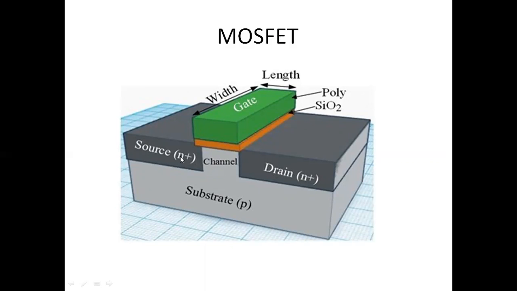So here we are considering N type of MOSFET, that is, the channel will be N type in this, and the whole thing is situated on a P type substrate. As you see here, the width of the gate or the channel is W, the length of the channel is L, and D is the thickness of SiO2 region.